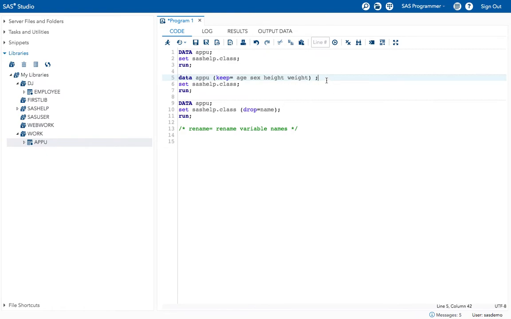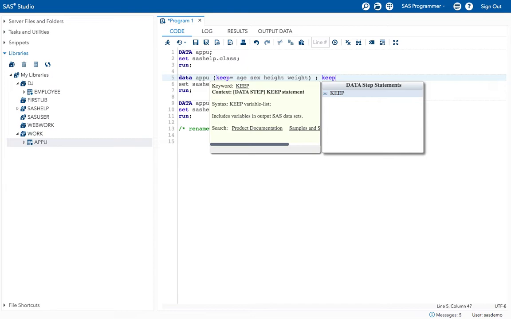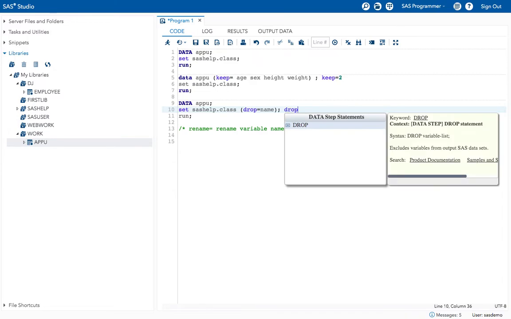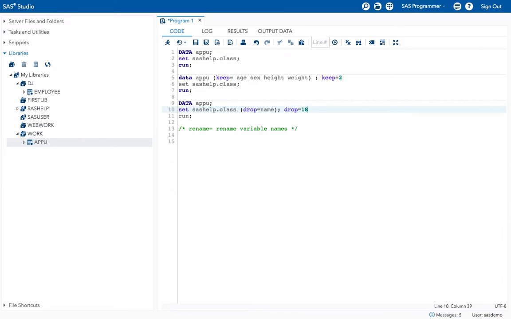So in your case, if you want to keep only two variables, it's better to use the keep option, because in the keep option you give two variables. If you use the drop option, you have to give 18 variables. Is it easier to type two variables or 18? Two variables, ma'am, keep option. So that's why we use the keep option. Okay? Yes, ma'am. Thank you, ma'am. No problem. It's clear now, right? Yes, ma'am, clear.